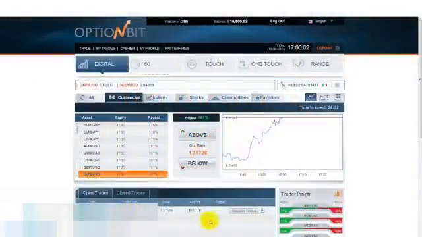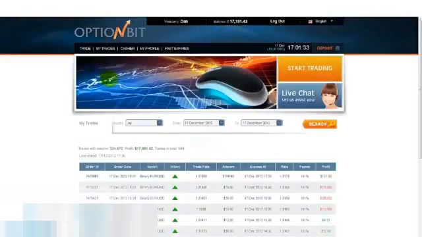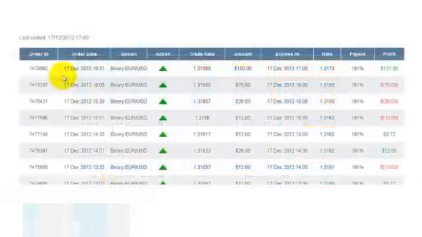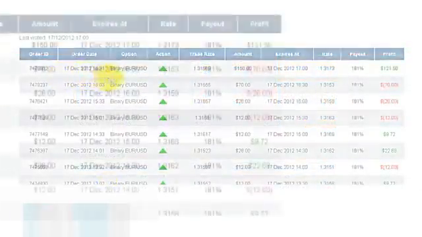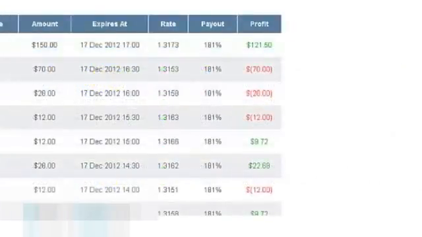Alright, our $150 trade is going to expire in just a moment here. Excellent. As expected, we've gotten that big return of $271.50, and this puts us right back in the black. To review the results, click My Trades as usual. See my balance updating there? On the results page here, our $150 trade appears on the first line, and you can see that big green number here showing our profit for this trade is